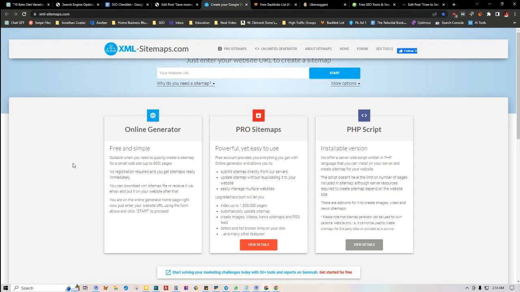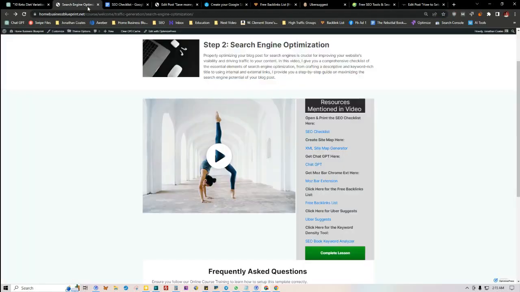So if you need more information on this, you can just click right here where it says, why do I need a sitemap? And it'll basically break it down a little further. And it'll also tell you how to upload it here. So if you need more information on how to upload it onto your actual site, you just take the URL that they give you and you put it on the cPanel in the area where it says File Manager, public underscore HTML. And you can find this on my YouTube channel, and I'll also include this in the resource section. But this makes it so much easier for the search engine crawlers to index your website. So you just want to make sure that you have a sitemap for your website. And I wanted to include that in the resource section here.